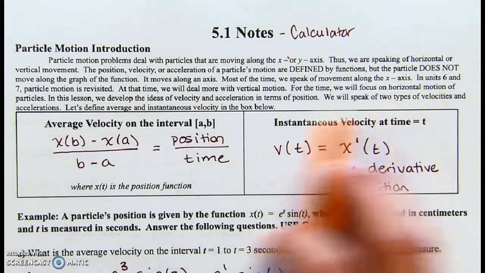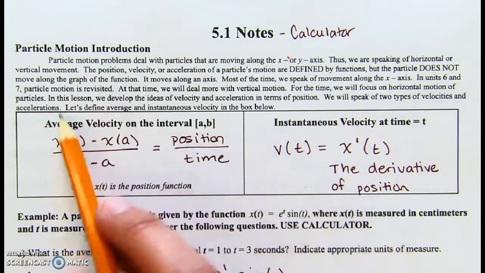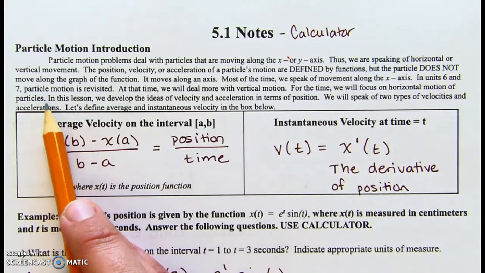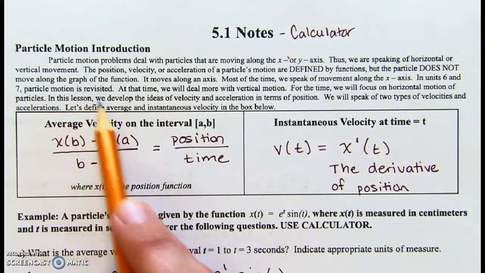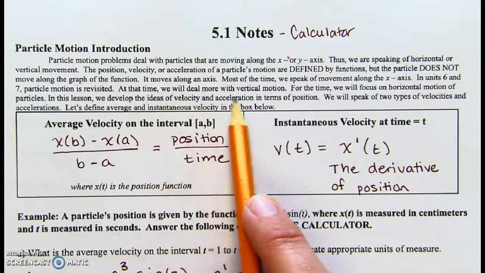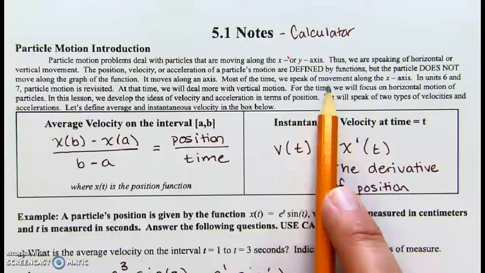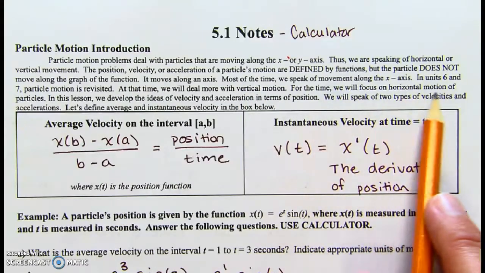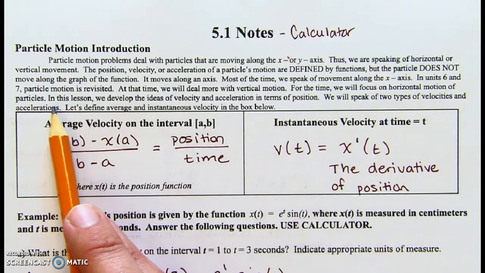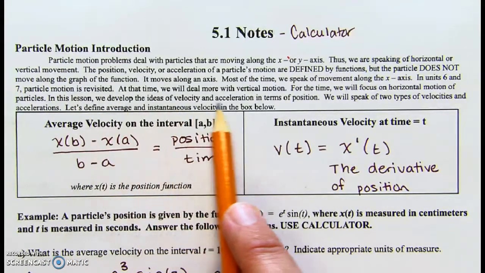In Unit 6 and 7, like two more are the next things we'll learn in January and February, we'll revisit particle motion, and at that time we'll deal more with vertical motion, but for now it'll be pretty much horizontal. Oh, that's what I just said. It's like I wrote this. In the lessons, we'll develop the ideas of